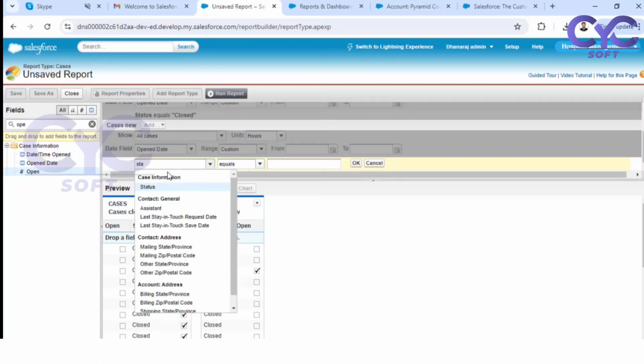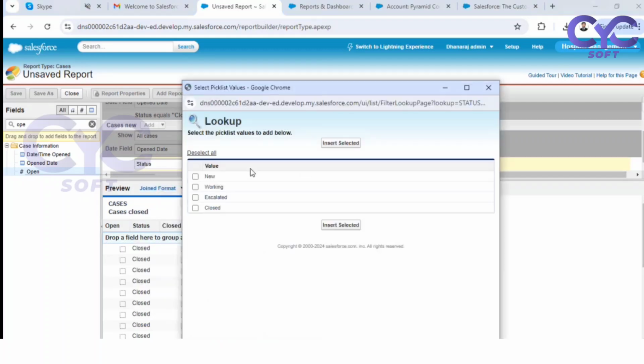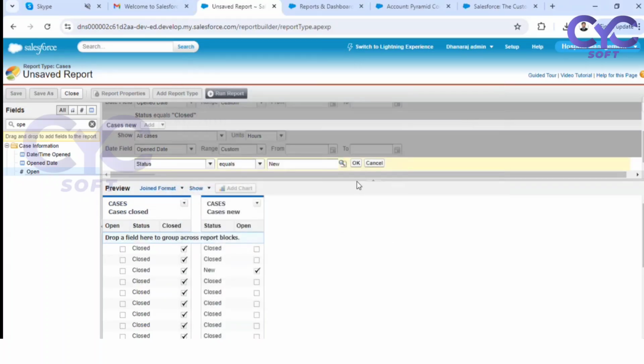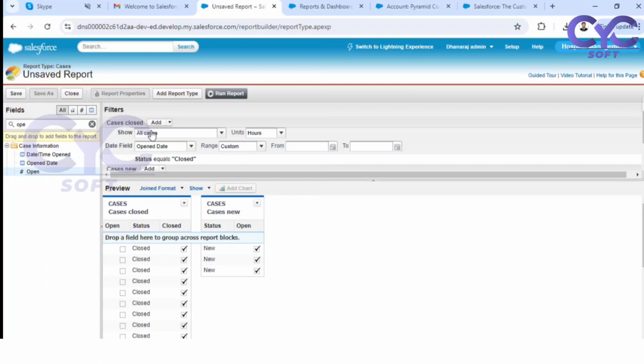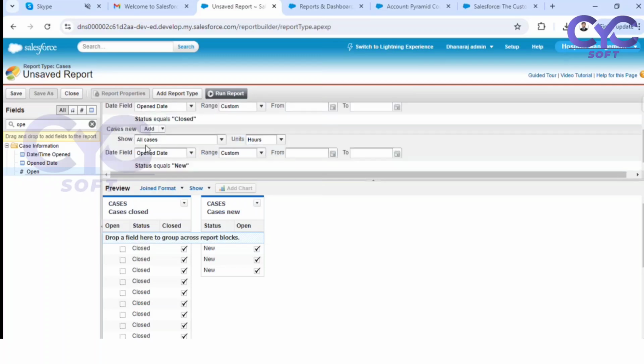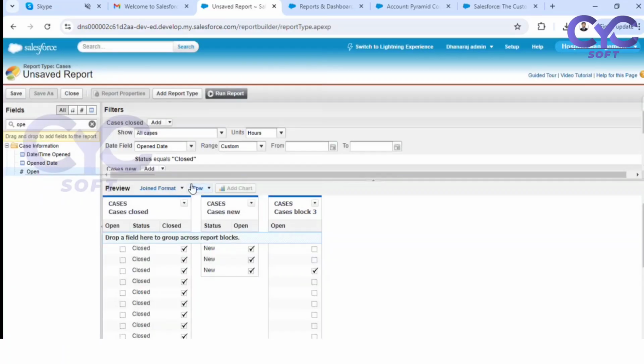Now for this one, I am going to add a new. Click on insert. That's it. See, status equals to new. This is the second table, right? This is the first table's filters and cases. This is the second table's filters. Now I am going to add one more table,